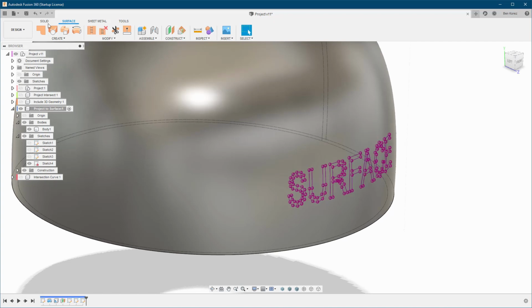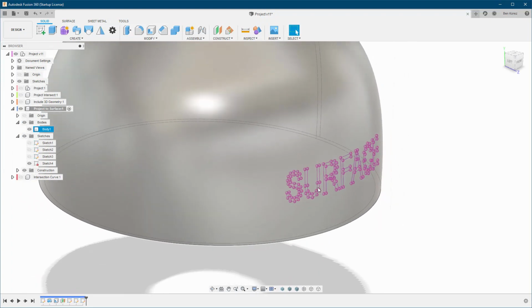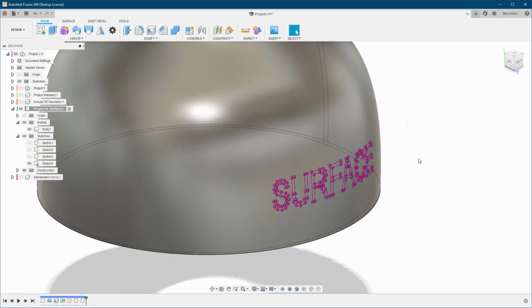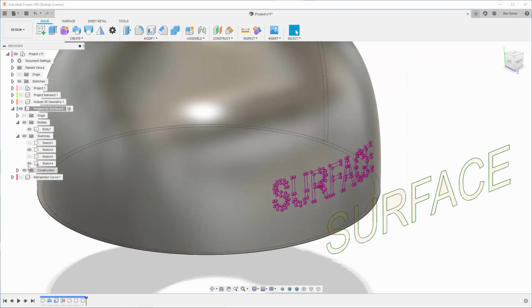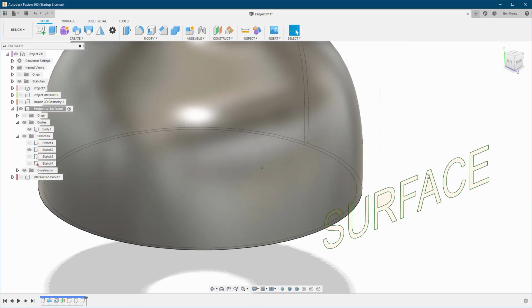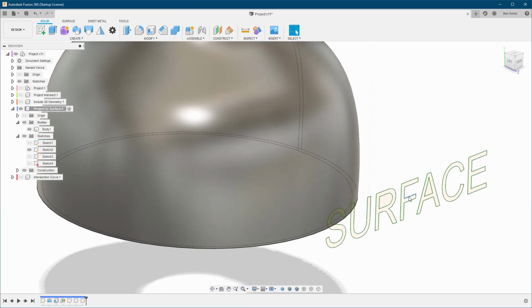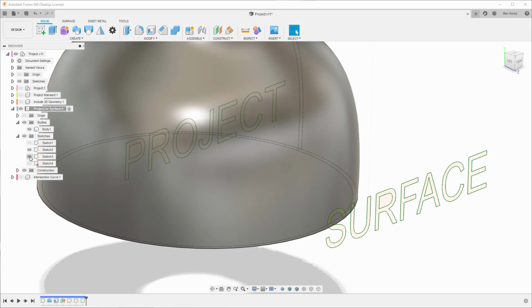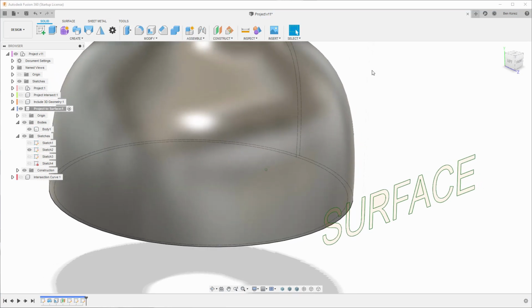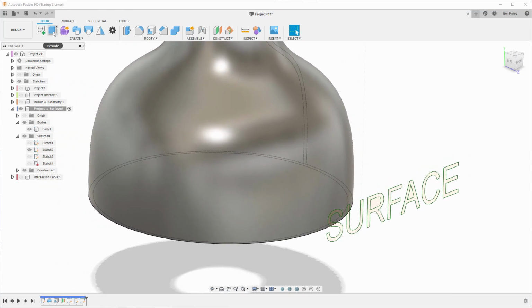But if we're talking about a text or a specific shape that you want to project on a curved surface and you want to extrude it, what you want to do is this. I'm going to turn back the surface. It doesn't matter which one, the one from the outside or the one from the inside. You will want to go to extrude,